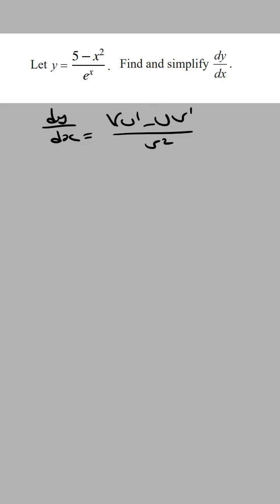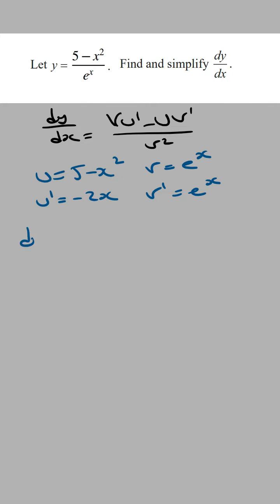And so what we do is we let the top function equal u, and so this is going to be 5 minus x squared. Deriving this, we're going to get minus 2x. The bottom function is going to be v, and this is e to the x. Deriving this is going to be e to the x. And now we just sub these into the formula, and so we're going to get dy/dx is equal to